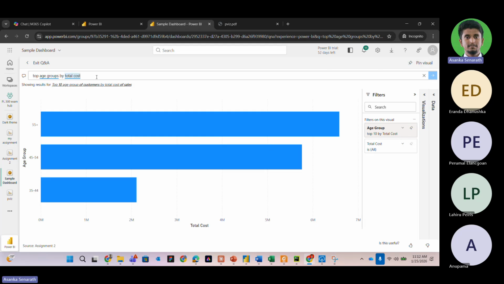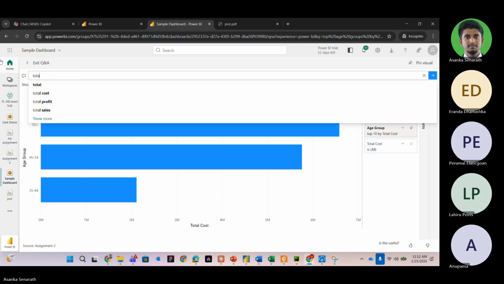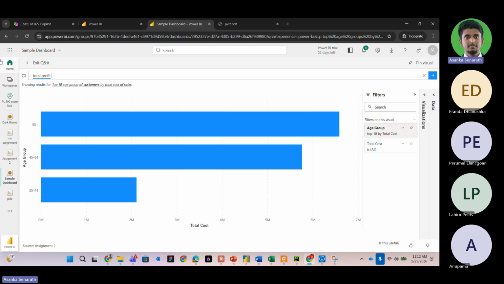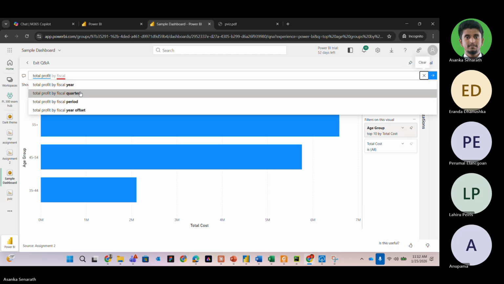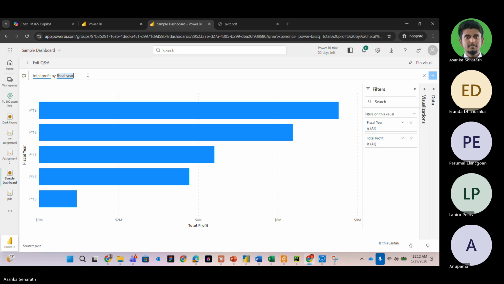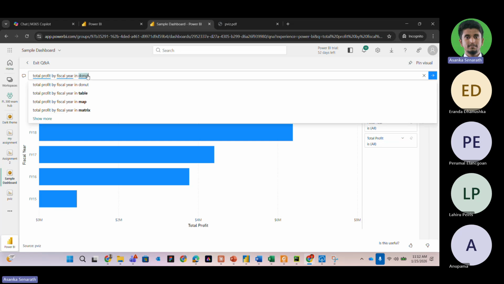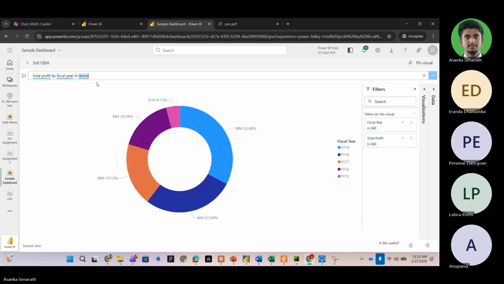Let's use the same one. Total profit by fiscal year, in donut, right? You do it, and here can you see there's this icon called pin visual.